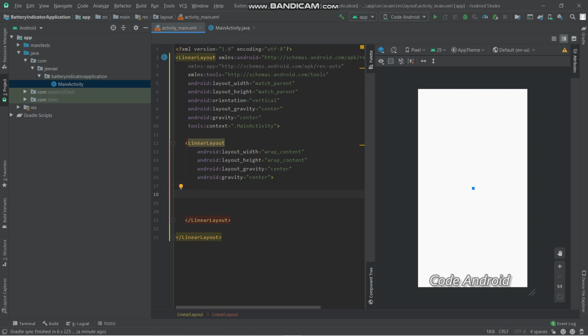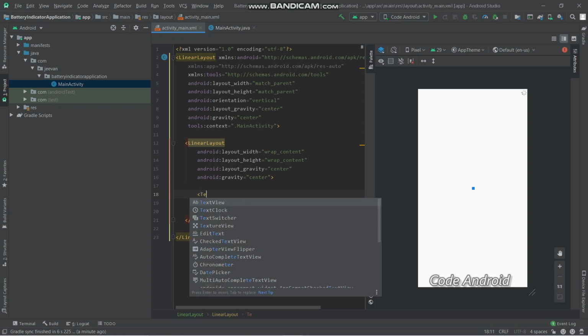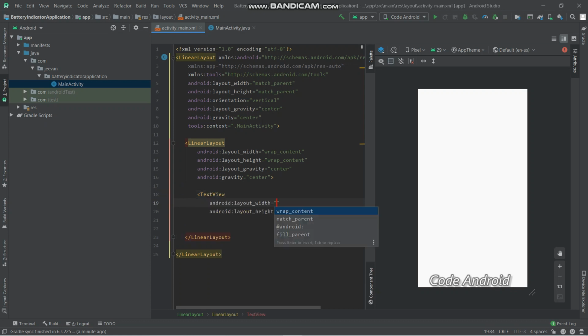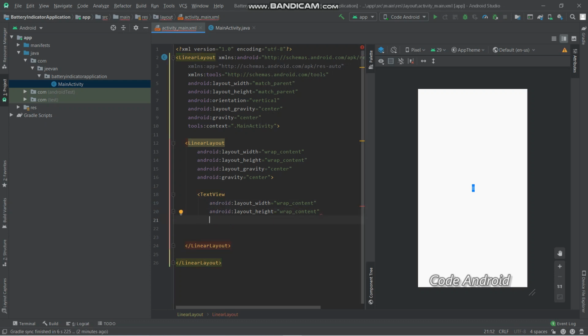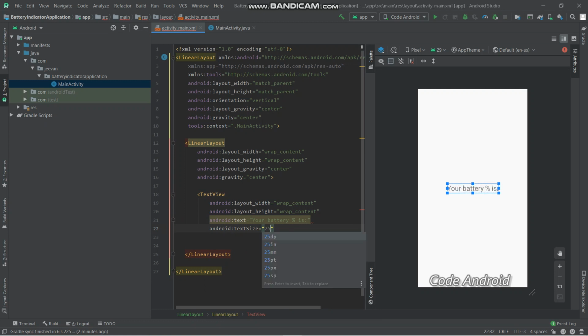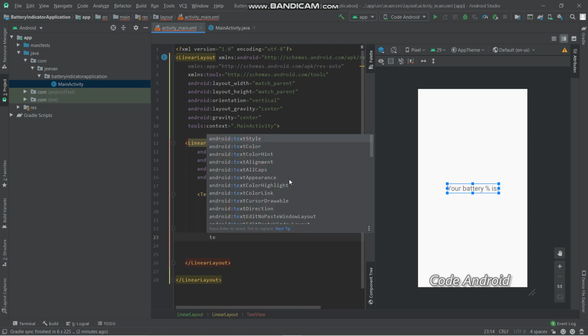Within this linear layout we are going to add the text view, wrap content and also the height be wrap content, and name the text as your battery percentage is, and give the size around 25 dp or sp and let the text color be